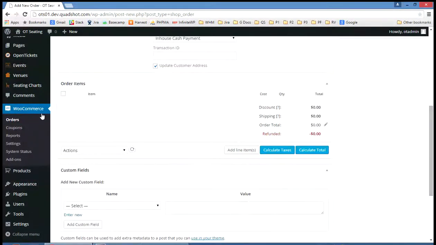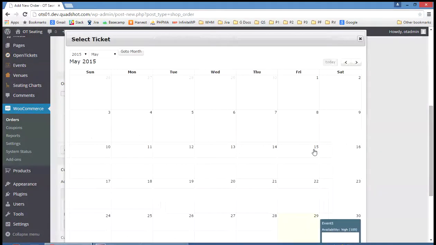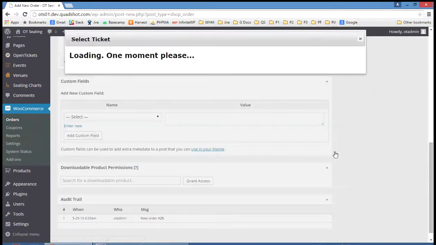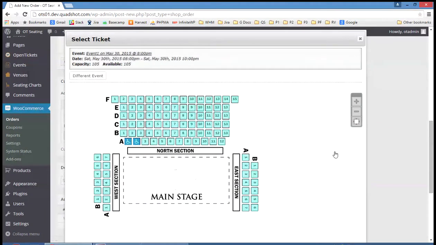Now what I need to do within the order items section here is to actually select the tickets that they want to buy. So I'm going to click on Add Line Items, and from the resulting box I'm going to select Add Tickets because they're going to be buying tickets from us. Immediately it pops up our event calendar, and I'm going to pick the event that I had previously created, Event 1. As I click on this, it loads in the seating chart,